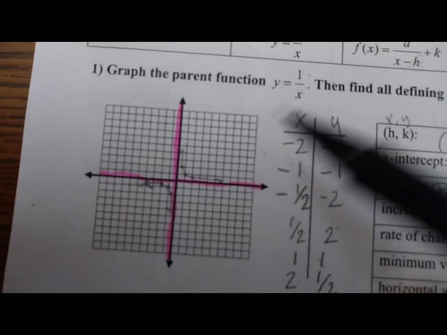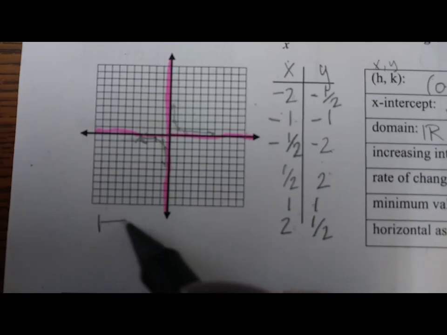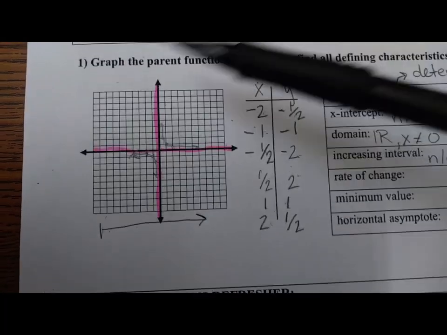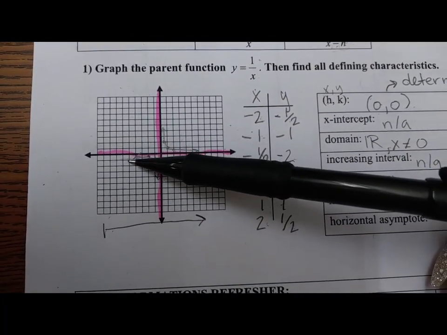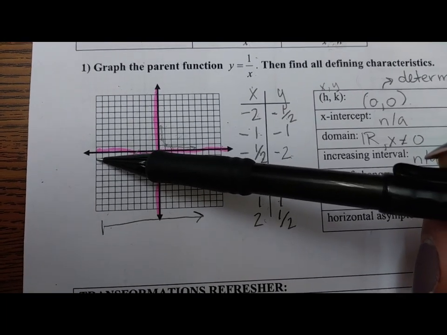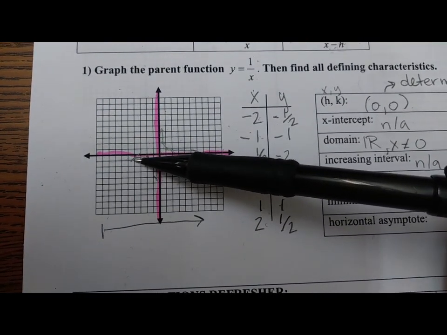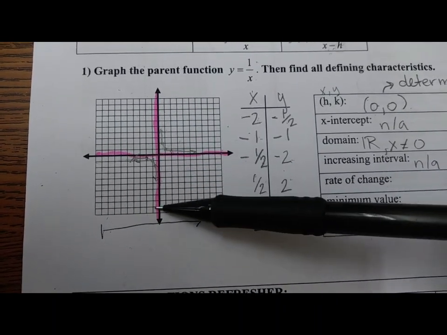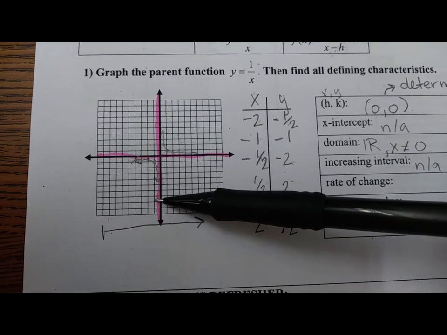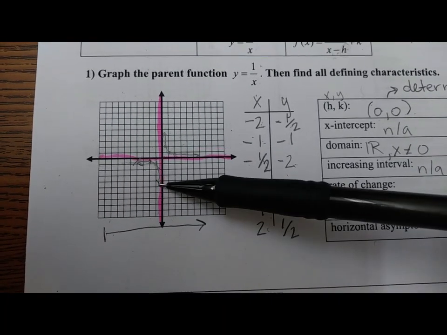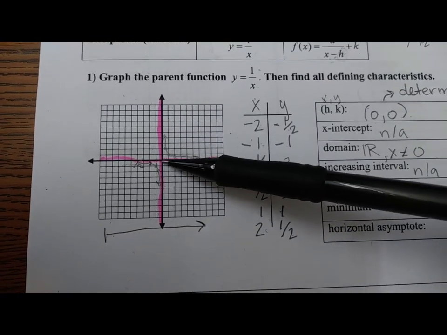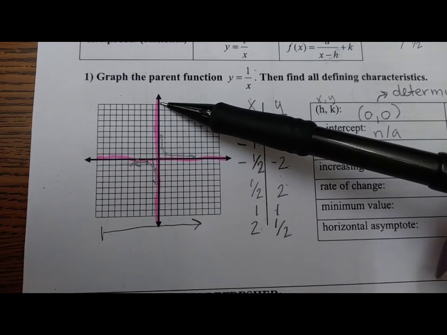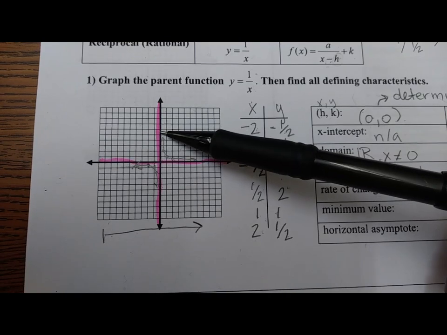So again, remember, we read our graph from left to right. We've always done that since the very, very beginning. So when we read our graph from left to right, we see that as we come from the left side and we start approaching the vertex, this decreases downwards. That's where it ends. It's ending going down, decreasing. Then we see here, because we have to skip 0, on the other side of 0, even though it goes up in this direction, as we leave